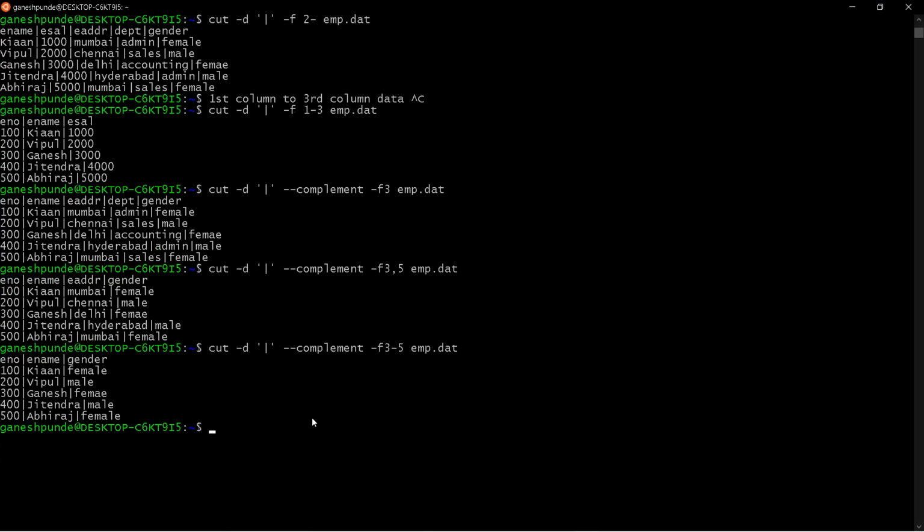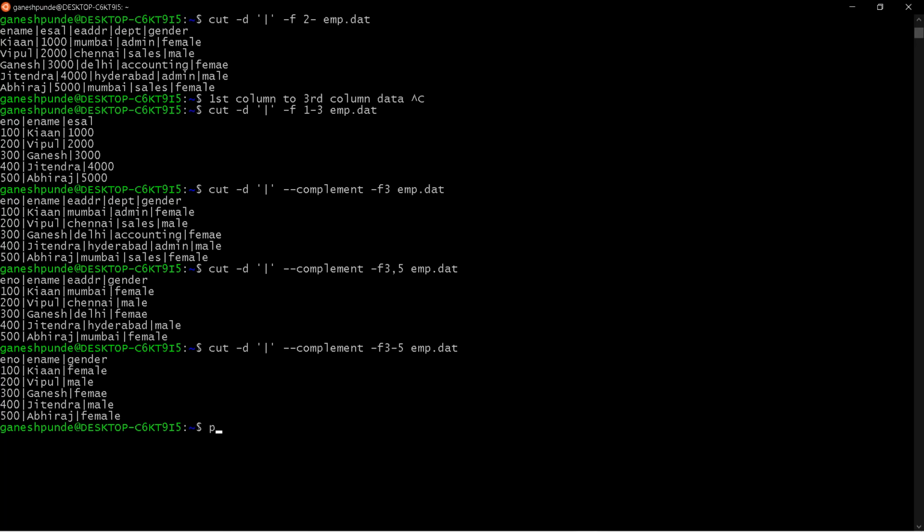Now we will see the paste command. So as we discussed, the paste command is used in order to join two or more files horizontally by using the delimiter. By default, the delimiter is the tab character, or you can use a customized delimiter. So let's see how it works.